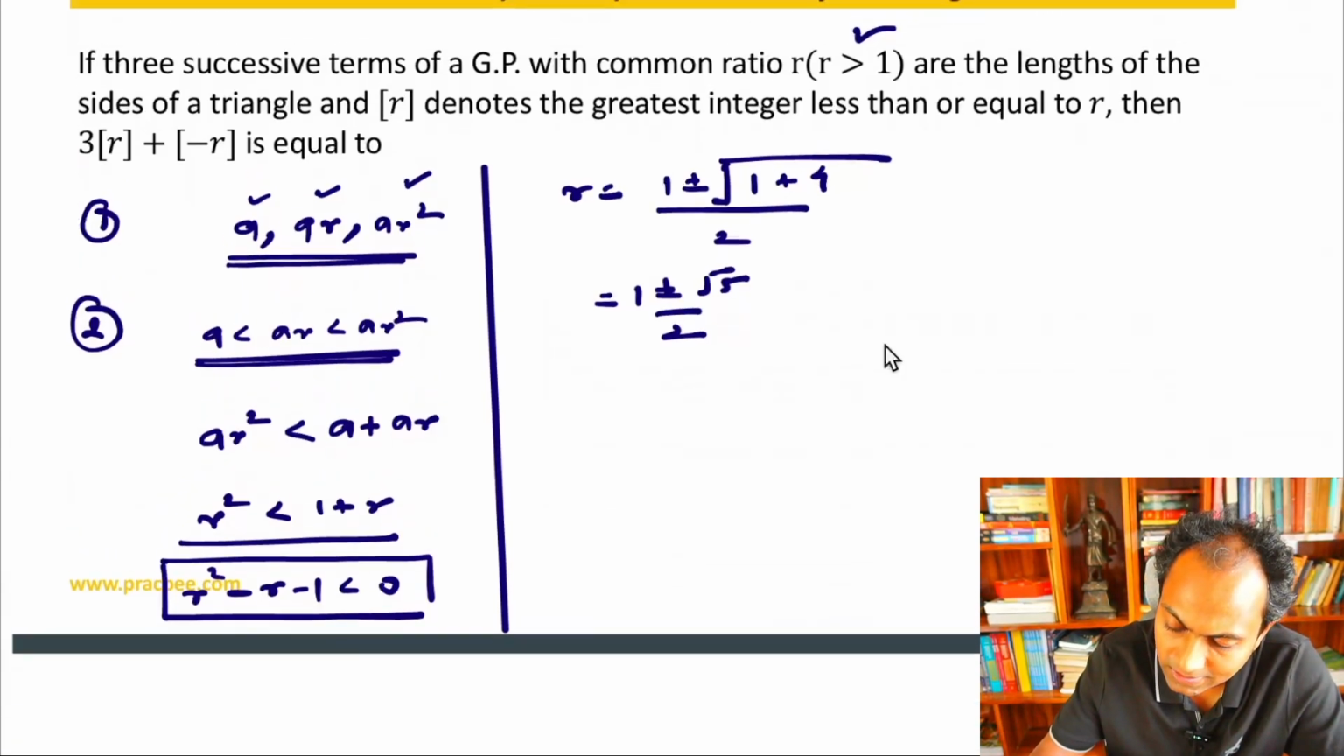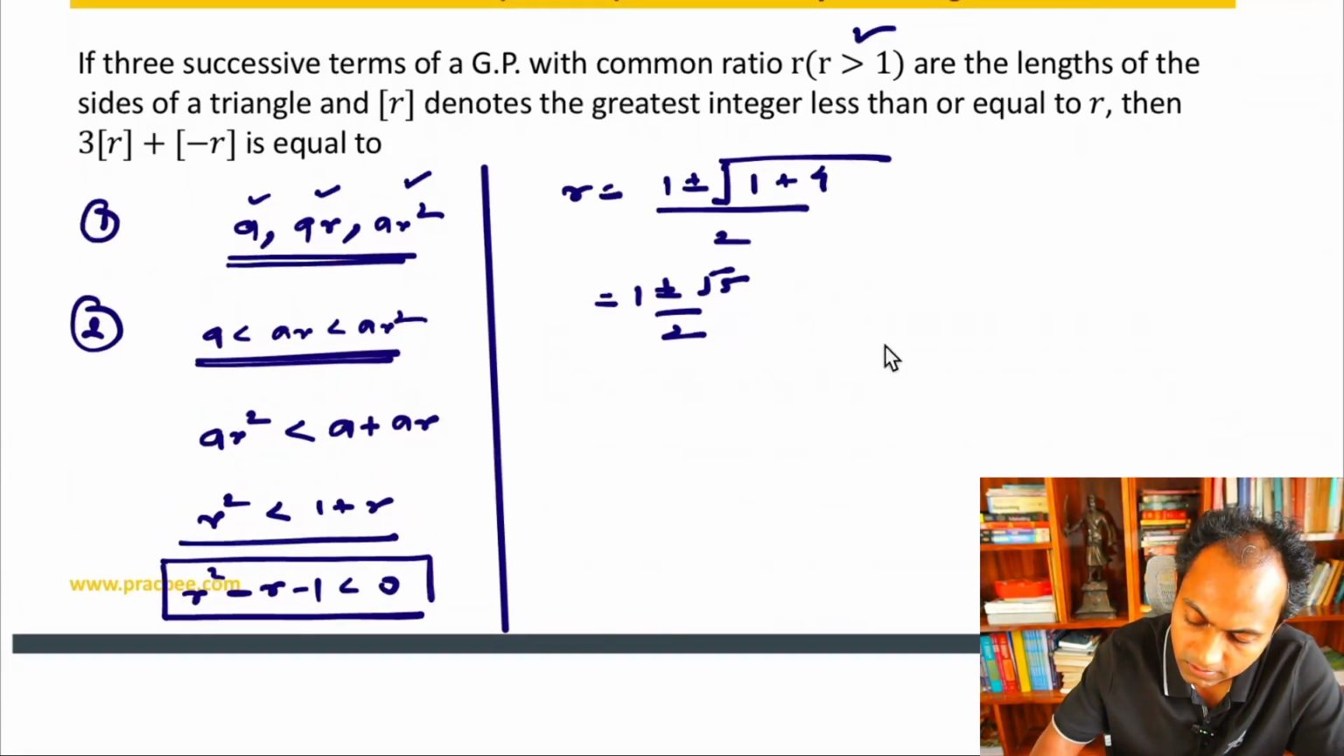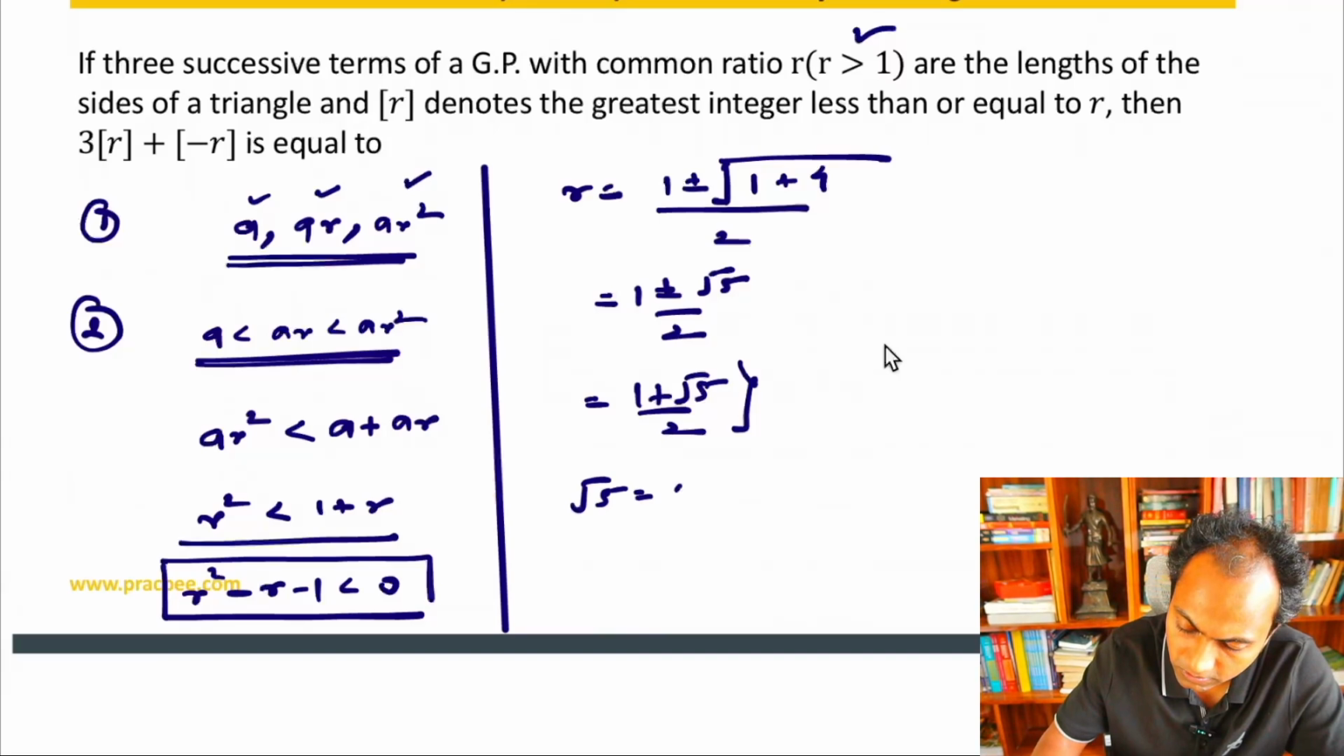Now see, r is greater than 1, so we can't take the minus sign. We will have to only take the plus sign. So this is the value that we are getting. Now if I talk about this number, what can be the approximate value? Root 5 is nothing but 2 point something. If I add 1 to it, root 5 plus 1 will become 3 point something. And if I divide by 2, I will get (1 plus root 5) divided by 2, and this will